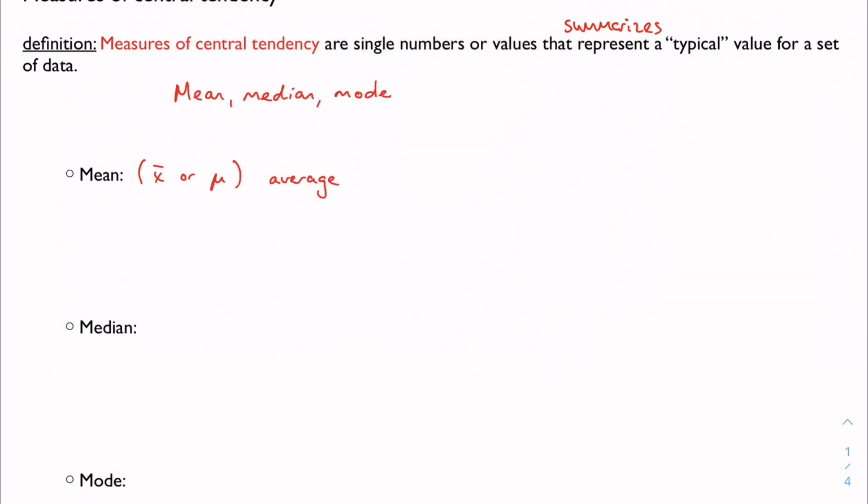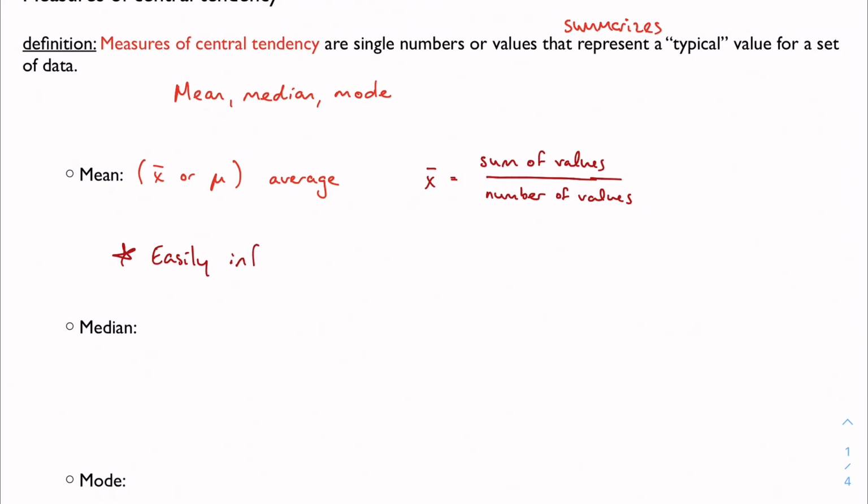We know that this is just the sum of all the values divided by the number of all the values, the number of total values in the data set. We actually just did this in the last chapter when we talked about average daily balance. Ultimately, that was just a mean. And that's the way we would calculate it, right? Add up all the values, divide by the number of values. Well, the issue with mean